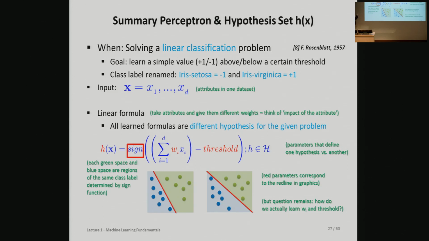So the hypothesis that we have here can be very different depending on the learned parameters, right? So you would see that this is a hypothesis for our problem, but also this is a hypothesis for our problem, right? And you think about every line that you can have, differentiating these 2 points, will be different hypotheses. And this is important for the theory of learning that I will bring across in the afternoon, that you can come to the idea there would be maybe an infinite number of lines. So how we pick the one that is most important to us is of course a key question, right? And for this we need an algorithm to say, now it's good enough, that's the line we want to have, and we stop here.